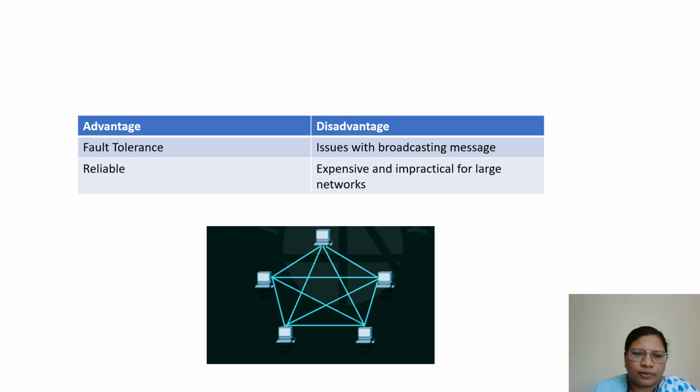So, for example, suppose this is the sender and this node is the receiver. I am going to send a message from this node to this node, but some failure has occurred on the path, so this path is not working. Then I am going to choose an alternate path. When you choose this alternate path, that is fault tolerance. This is the meaning of fault tolerance.